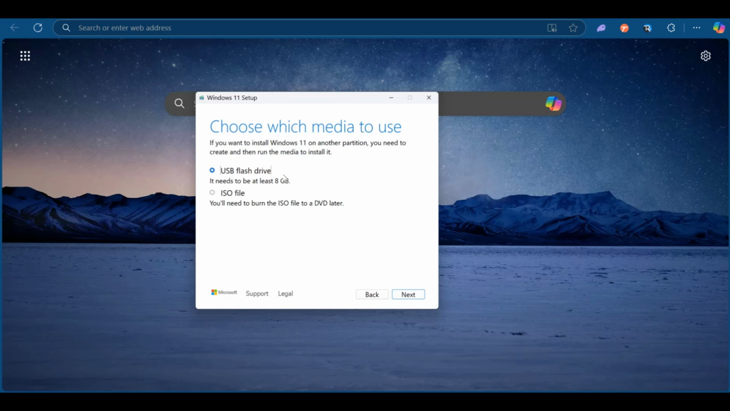We're going to have a USB drive and you need to make sure that you have at least 8 GB of free space. So you're going to click on next and then make sure the flash drive is connected and then you're going to select it and click on next. So after selecting the flash drive and clicking on next, all the necessary installation files will be downloaded into your